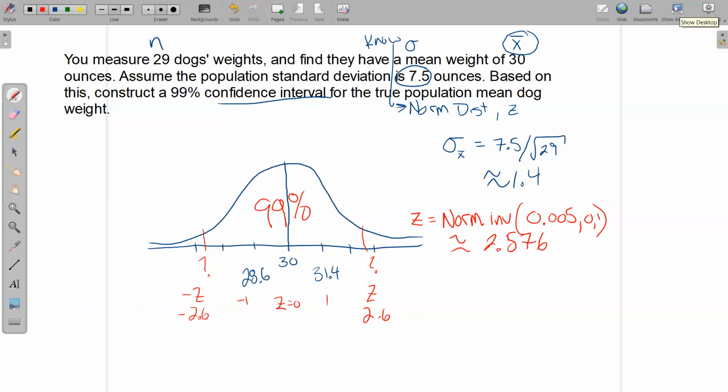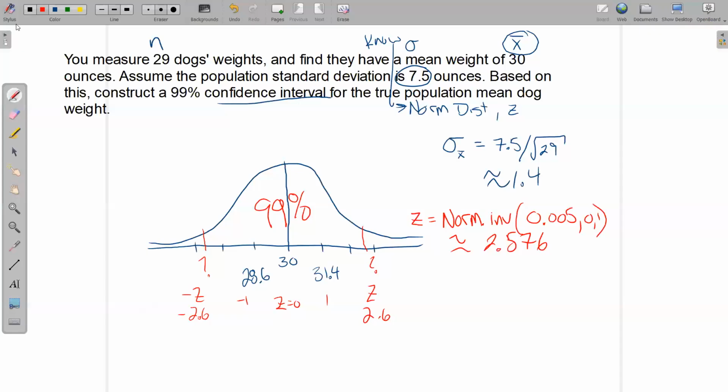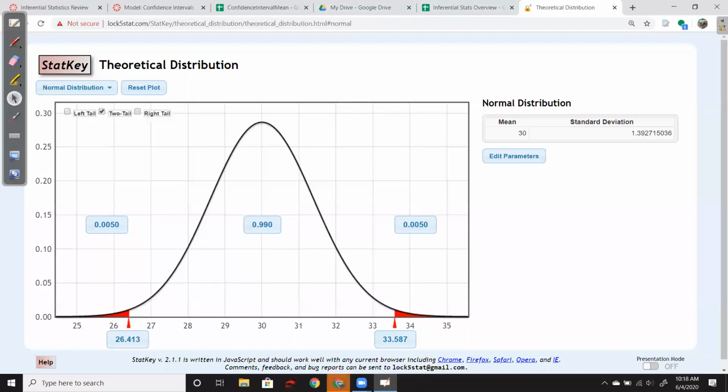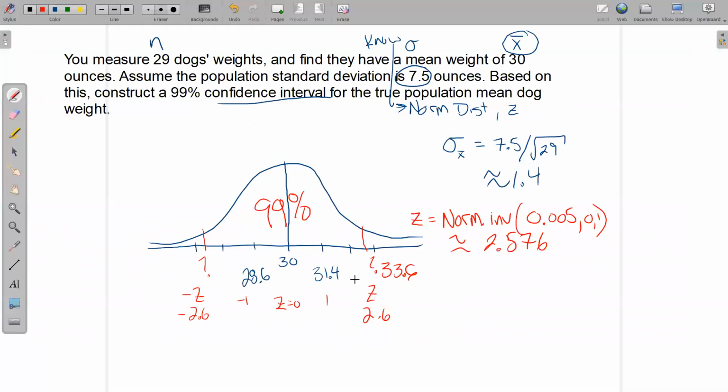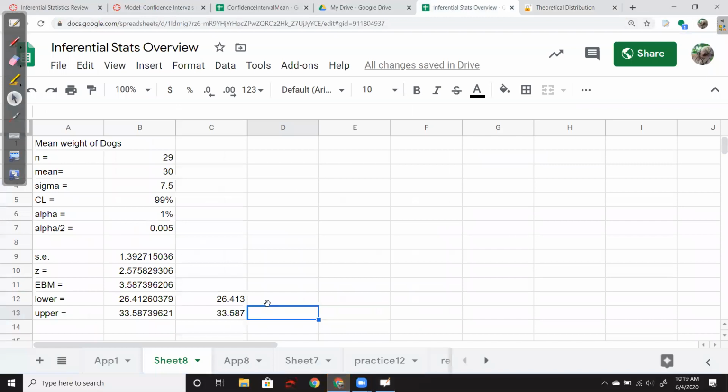Okay, so let's see, what were those numbers again? About 26.4 and about 33.6. So 33.6-ish, and double check 26.4. So this weight right here is around 26.4, and we have a margin of error. Let's draw that in here too. And again, if you use Statkey, you would have to find the distance between these two and then cut it in half. So just to double check that on my spreadsheet, based on these numbers, if I wanted to find the error bound on the mean,